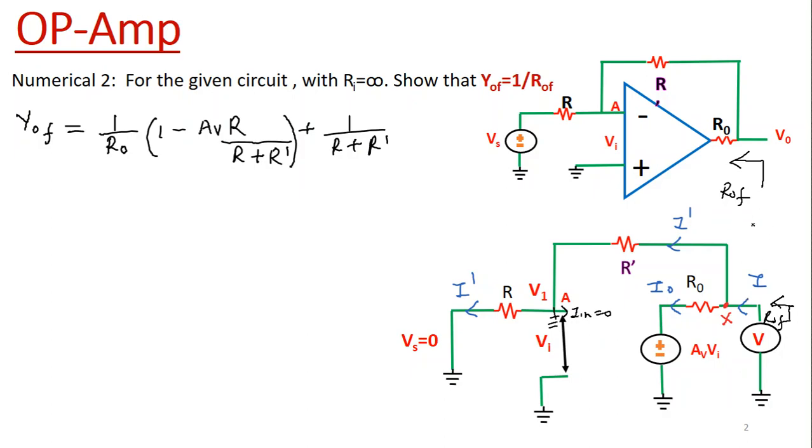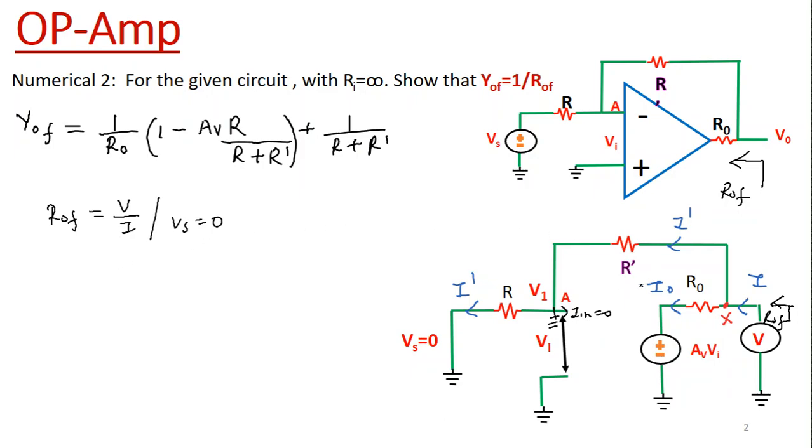Now we have to find out the output resistance with feedback, that is ROF, and we know that ROF is equal to output voltage upon output current. So for finding out ROF, we have applied a voltage V here, and due to this voltage V, one current is flowing, that is I. When we want to find the output resistance with feedback, we have to keep the source voltage equal to 0, so we have grounded this source voltage. So ROF will be equal to V upon I at Vs equal to 0.